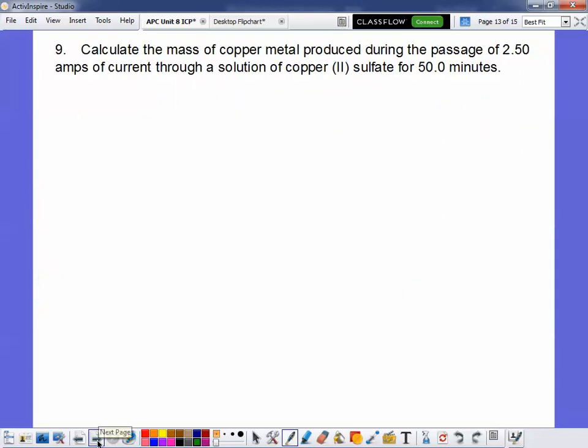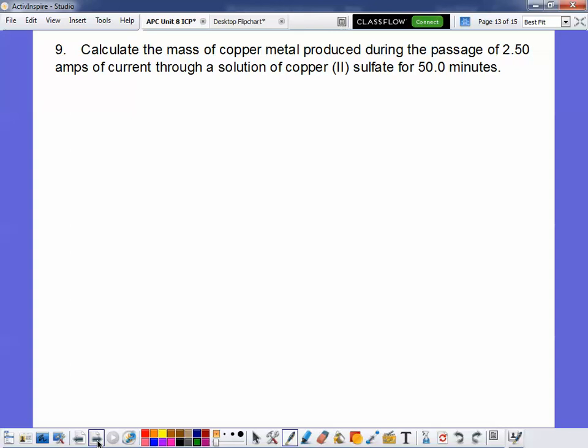Okay. And now just remember, the cathode, what was it? The fat cat gets fat. The cathode is the one that's going through reduction. That is going to increase in mass because it's going from the ion to the metal. The anode is going to lose mass as the reaction proceeds because it's going from the metal to the ion,